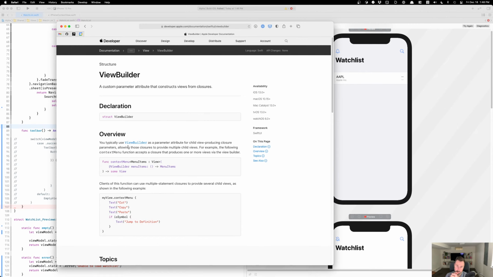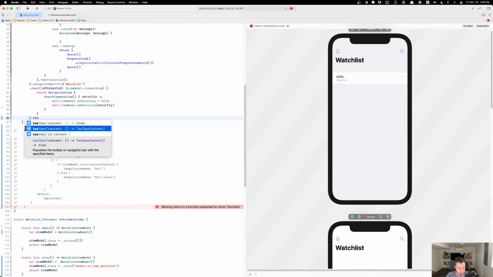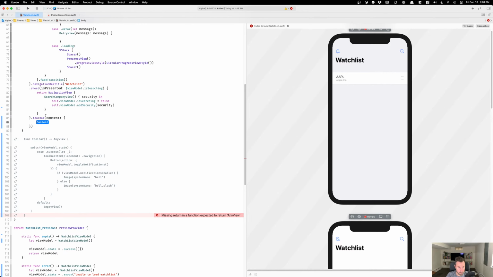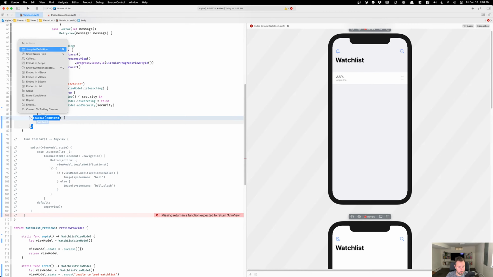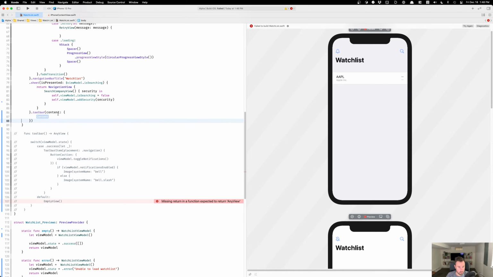Custom parameter attribute that constructs views from closures. Oh, okay. All right. So let's do this. Toolbar. Is the specified views. All right, so